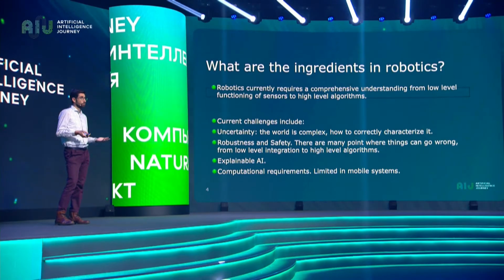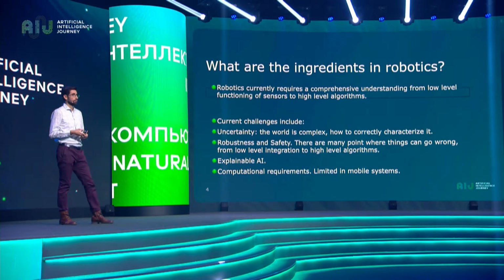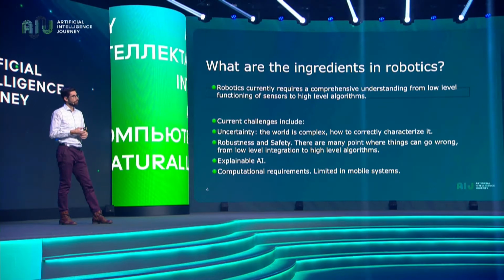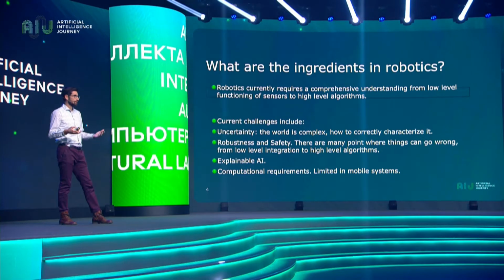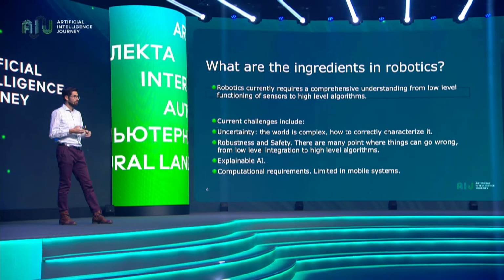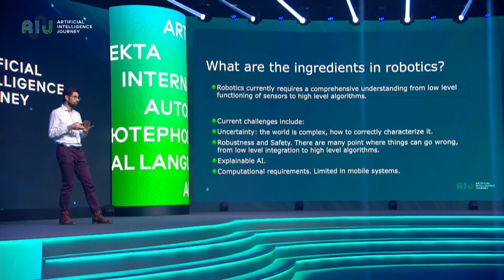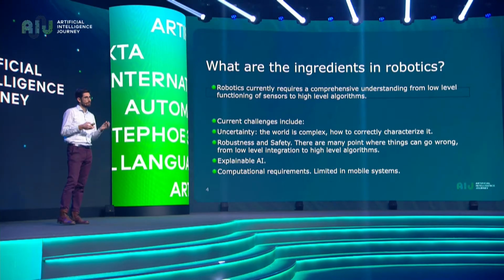Now, what are the current challenges that we face mostly, right? Part of them are also challenges in AI, but in particular for robotics these four are very important. There might be more, right? But for mobile robotics, let's start with uncertainty. This is something that we can take for granted, but definitely it's not. The world is very complex. It's very hard just to start observing a scene and understanding what is there, even just create a simple representation, and after this, just making use of these observations that we have, right?